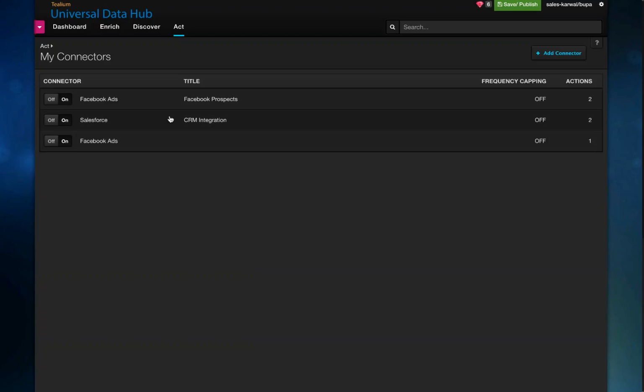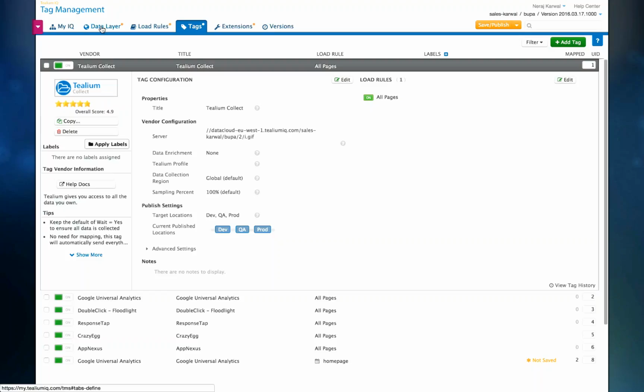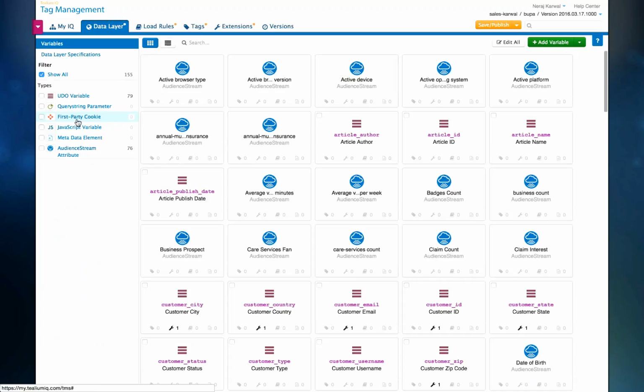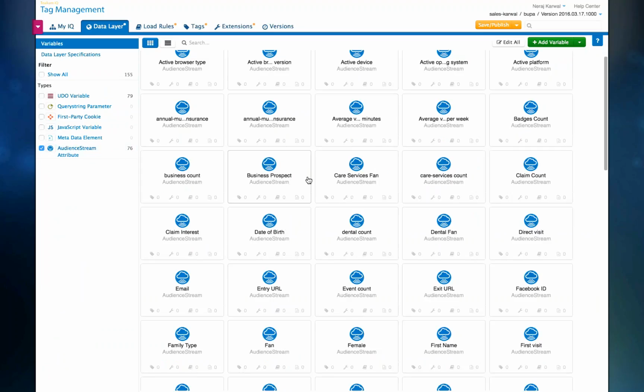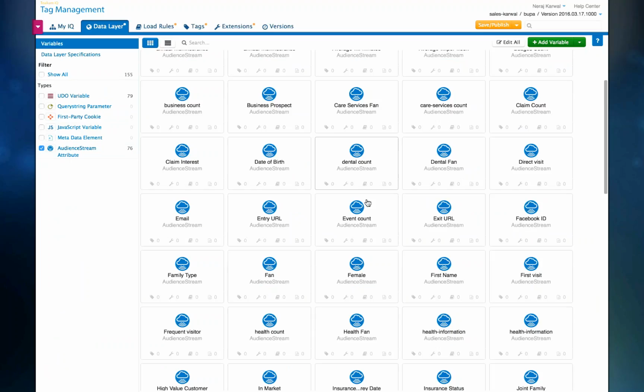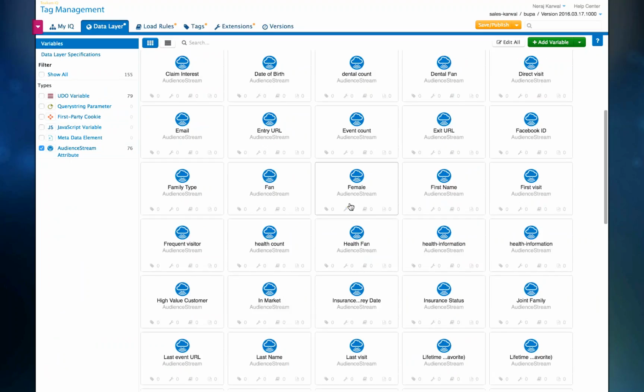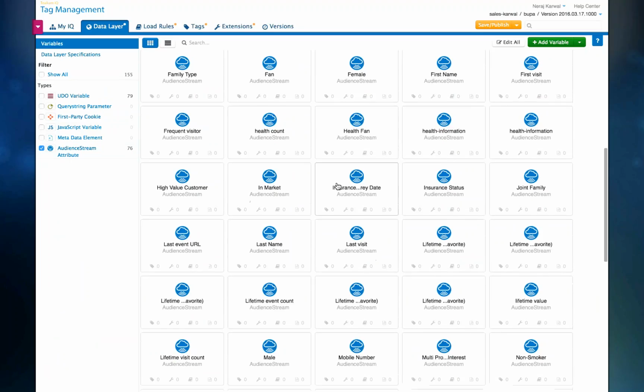And then just to cement this, if I come back to the tag management solution, you'll see that all of the audience values, the device they're using, their date of birth, the dental count, the products they're engaged with, the type of family that they have, all that kind of stuff, all these cool pieces of data, are now in your data layer. So now you can go to your tags. I can now come to my,